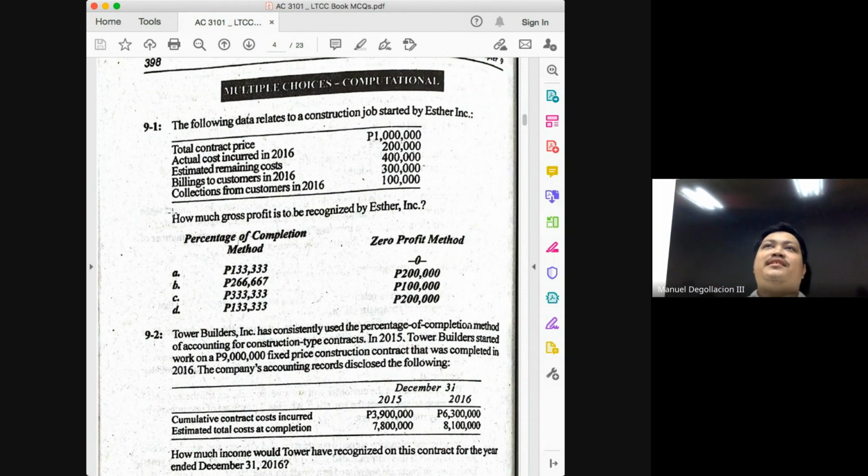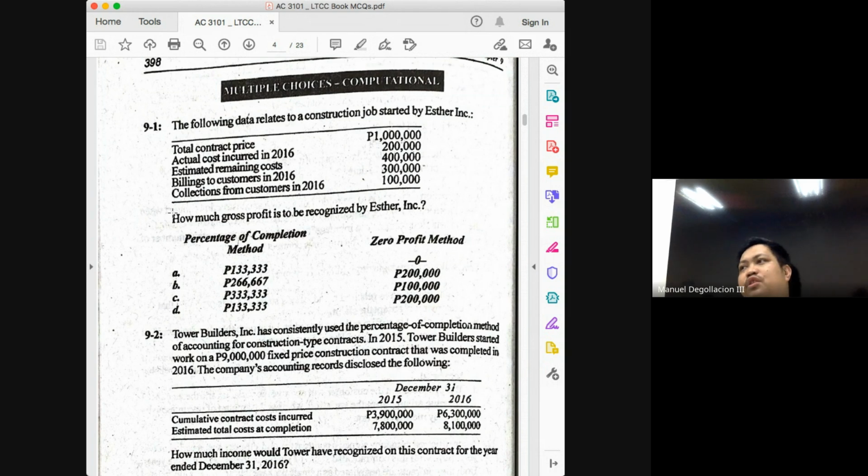Okay? So again, this is now where the confusion or the difficulty will arise. What are the two things you need to solve for your realized gross profit? Percentage of completion and expected gross profit. But do we expect the problem to give you these two? The answer is no. So you will have to solve for the expected gross profit and the percentage of completion. And what are the two things you need to solve for your expected gross profit? Contract price and cost at completion. And how do you solve, class, using those two? Contract price minus cost at completion.